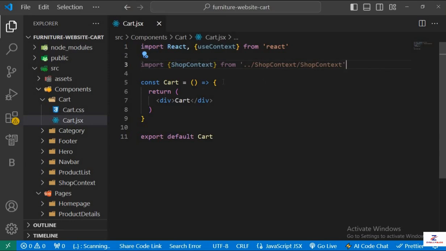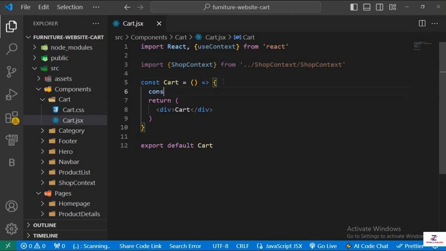Okay, so we're done with that. So first off, we need to extract all of the things that we need from shop context. We need cart, we need clear cart, the clear cart function, we need the total, we need item amount, which is also quantity. So here we're going to extract cart,